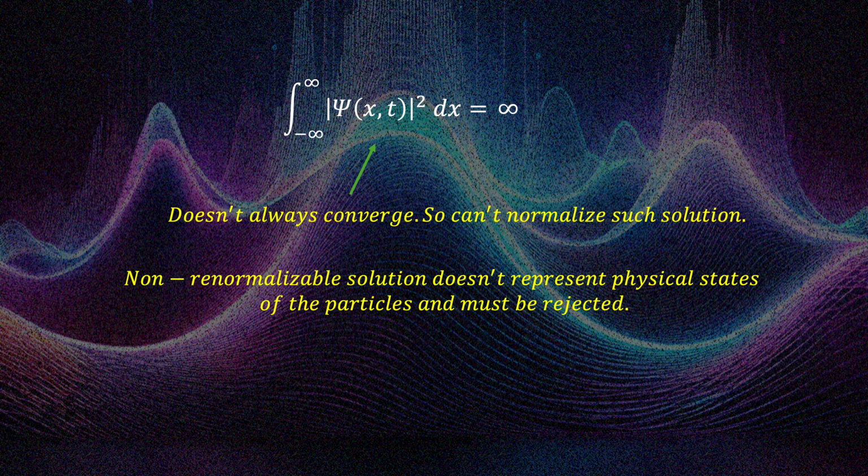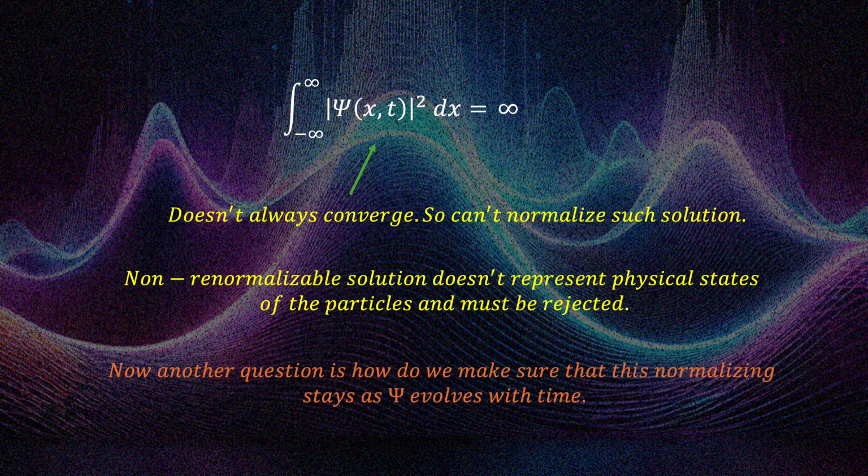One of the other things you need to think about is how do we make sure this normalization stays as psi evolves with time. One of the things we learned is that when you make a measurement, the wave function collapses and it evolves according to the Schrödinger equation, but with a different distribution than before. But one thing to notice is, does the normalization stay, or do we have to normalize it again? Because if you have to normalize it again, that is a big problem, because you can't just keep normalizing the wave function every time you make a measurement. This is going to be tedious and would make your theory crazy, and it will make you crazy.